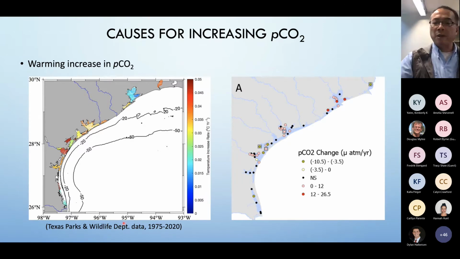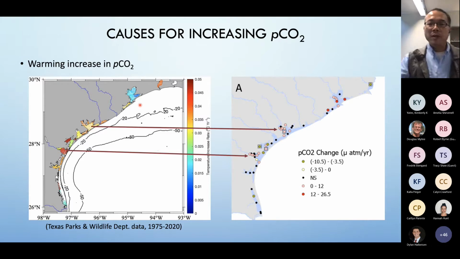So all these agencies collect good quality data. And you can see across the coastline, actually here, the bluest is still zero. You can see more or less all these coastal estuaries demonstrate some kind of warming, in greater or smaller values. And if you look at these two, Matagorda Bay and Corpus Christi Bay, they have a very high increase rate in terms of temperature.